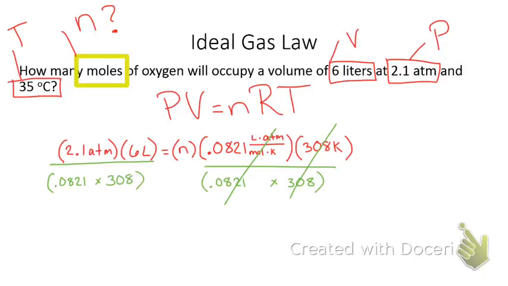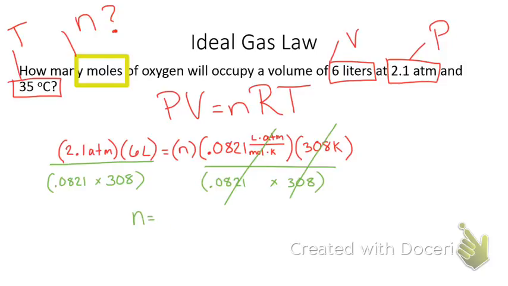Now, when you punch this in your calculator, there's a little bit of a catch to it. You have to remember to use parentheses down here in your denominator. Otherwise, your calculator wants to divide first when it needs to multiply first. So, let me walk you through how to punch this in your calculator. Punch in 2.1 times 6, hit your divide by key, hit open parentheses, 0.0821 times 308, close parentheses, and equals. That should get you a final answer of